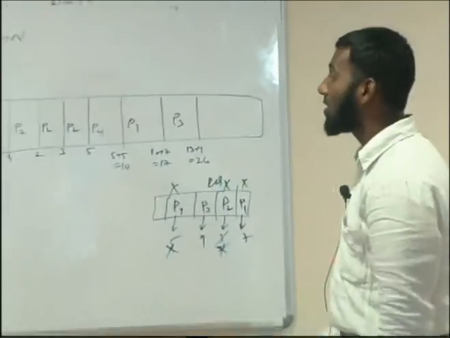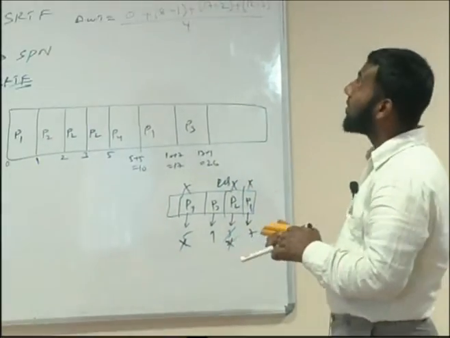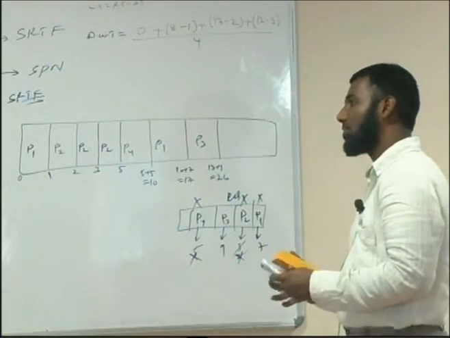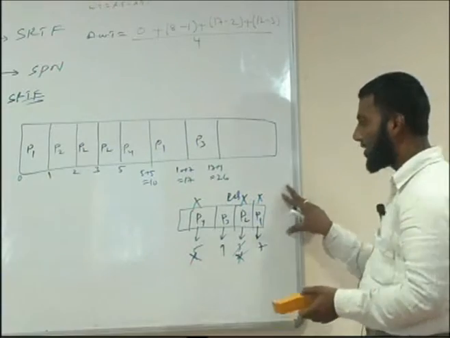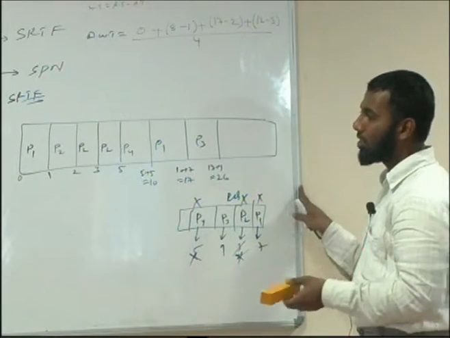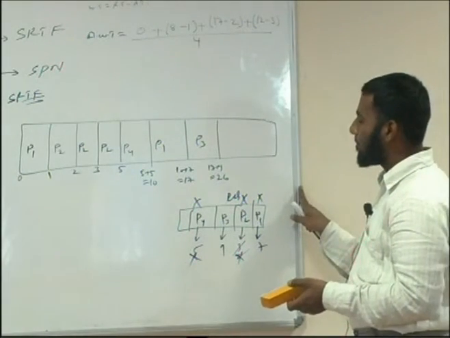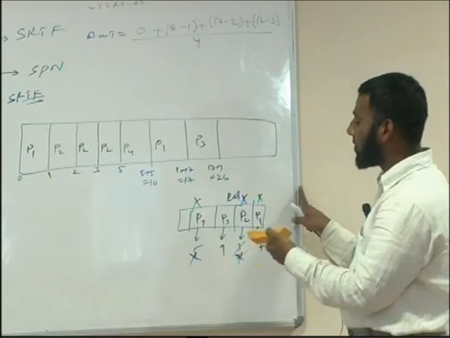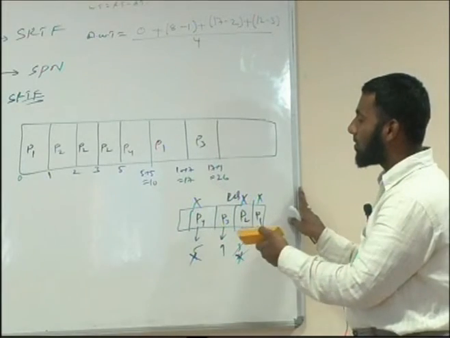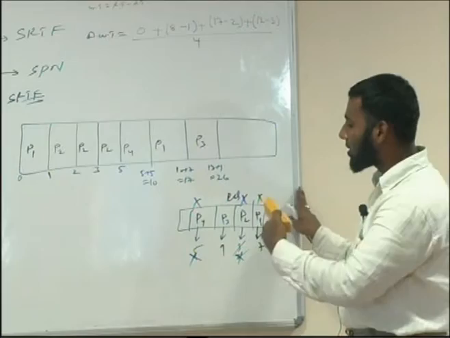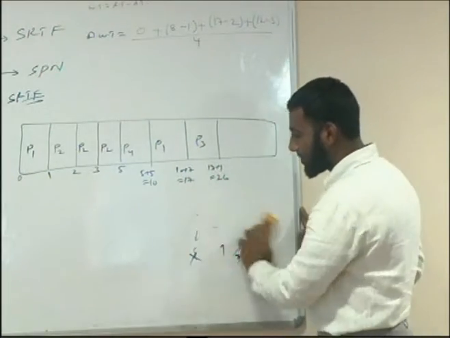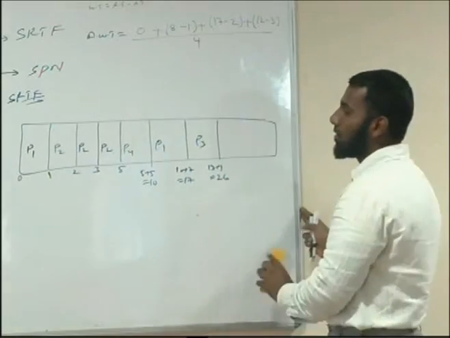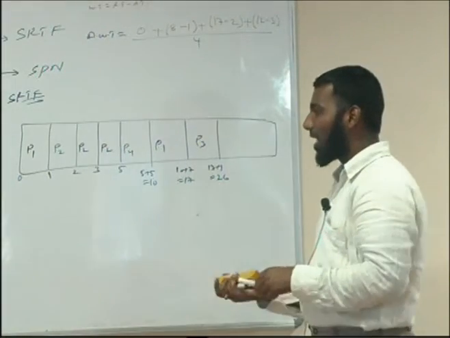But now let us find out how the average waiting time and turnaround time reduce for this algorithm. I think the concept of the ready queue is important here: how the ready queue is implemented, and how the selection of the process is made from the ready queue is very important. Now, let us find out the waiting time